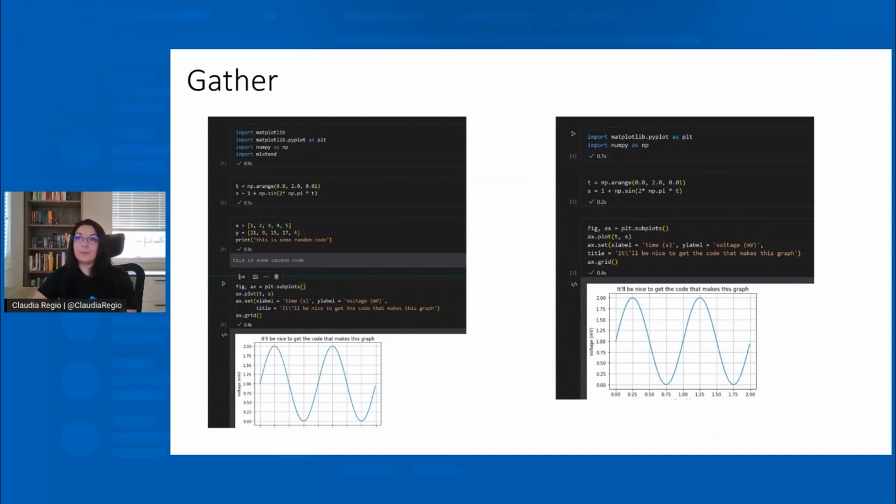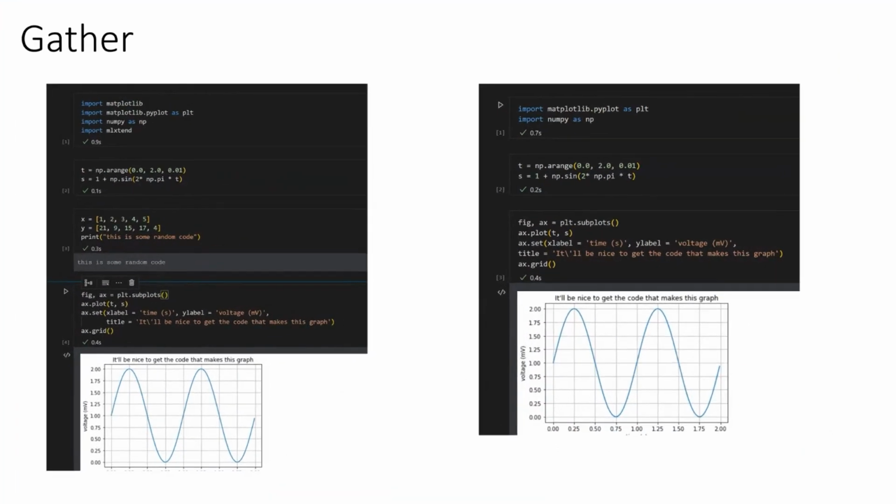All right, another one, Gather. So Gather is actually a complementary extension. So this is one of those additional ones that you would have to get in the VS Code Marketplace, just like LiveShare. And what ends up happening is many times when you reach the end of your notebook and you've